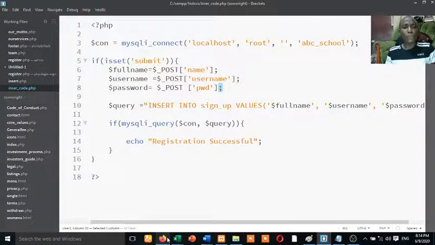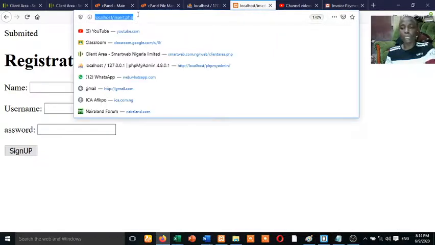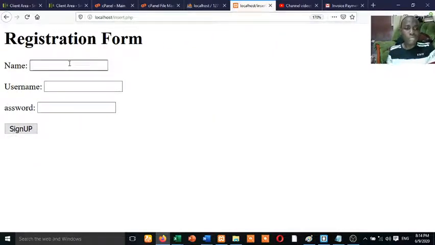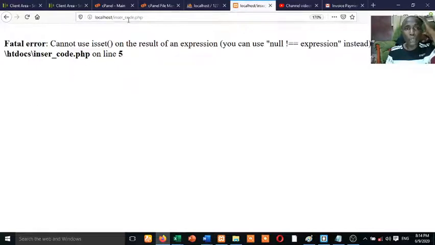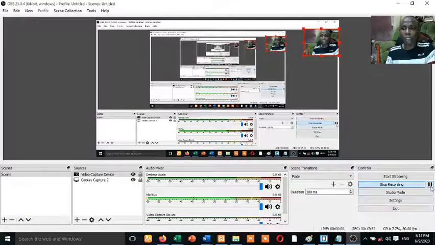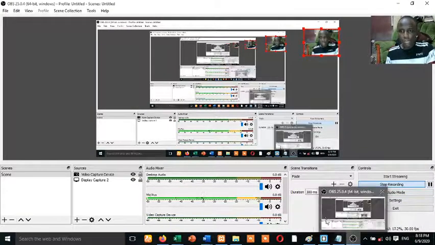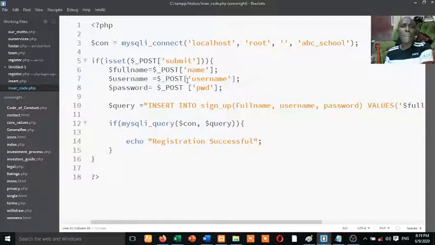So now if I go and run this code, what will happen is, if I write my name, username, password, I don't know, I've not tested it. Check this URL. If I click this sign up, that URL insert underscore code is supposed to run. So we are having an error here. I think the error is a syntax error. Yes, sorry, the reason why I was having an error is that